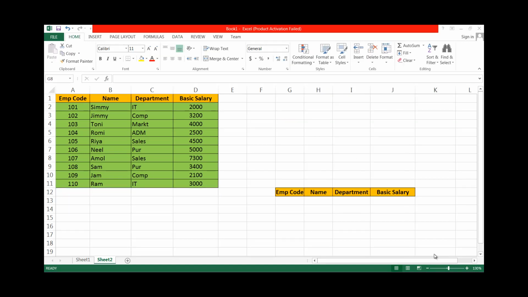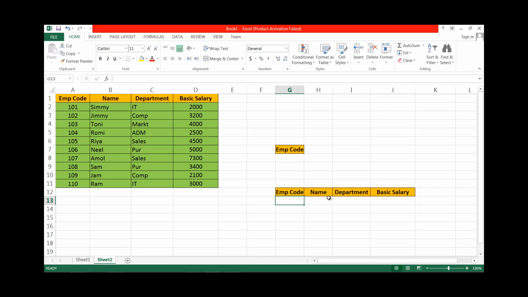Okay, we are going to learn how to extract all the values, or how to search all the values from a given table by using a single VLOOKUP. Suppose here we have employee code and we want to search the whole data. Here you can create a drop down list or you can also enter a value. Okay, you know how to create a drop down list. Watch my previous video.